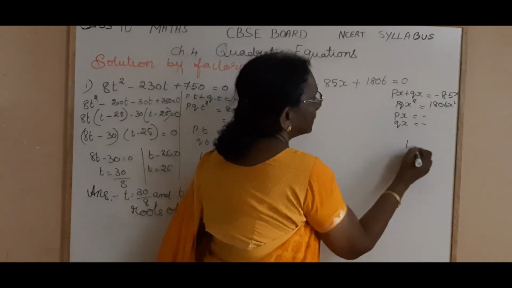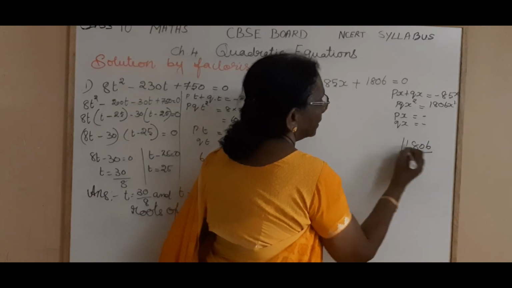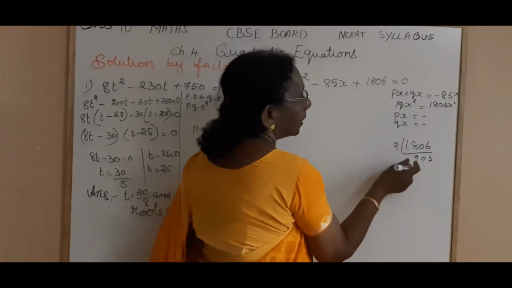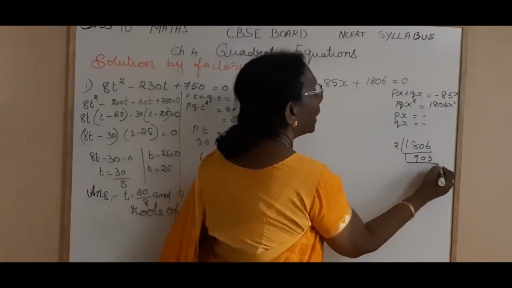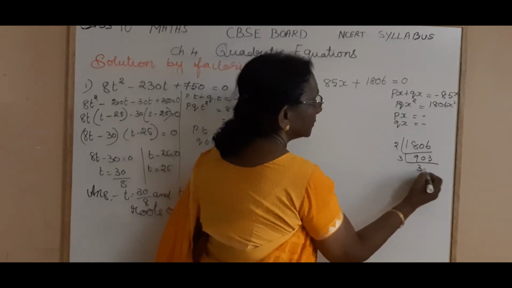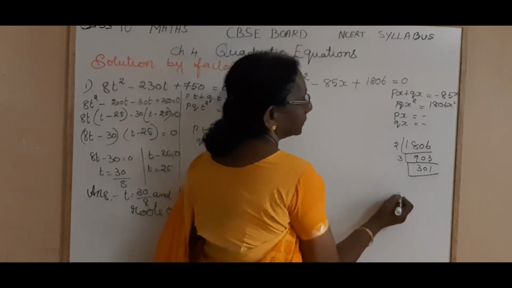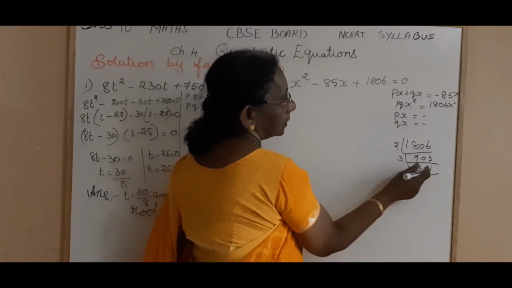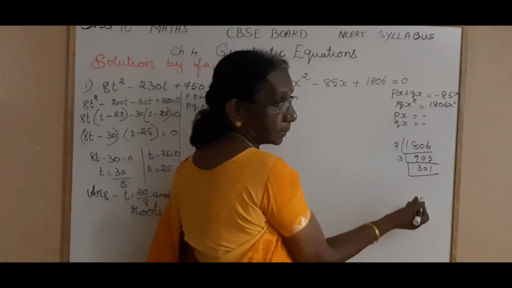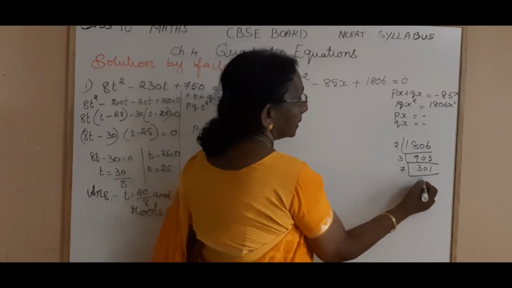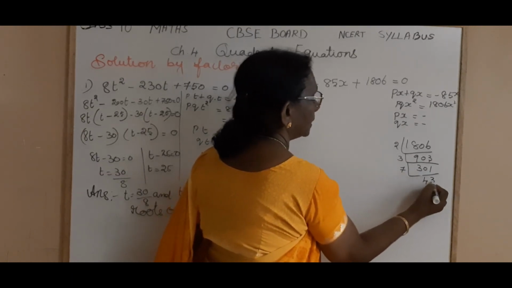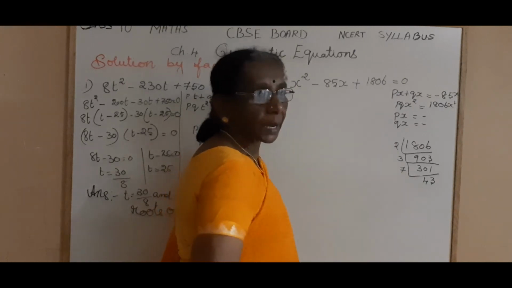So now you factorize. 2, 9 2s are 18, 0, 3. You got to add, we don't want this, we want only 85. Now it is divisible by 3. 301. 3 2s are 6. 301 plus 6 we don't want. Now it's not divisible by 2, it's not divisible by 3. Check with 7. 7 4s are 28. 2, 21. 3. So now 43 is a prime number.